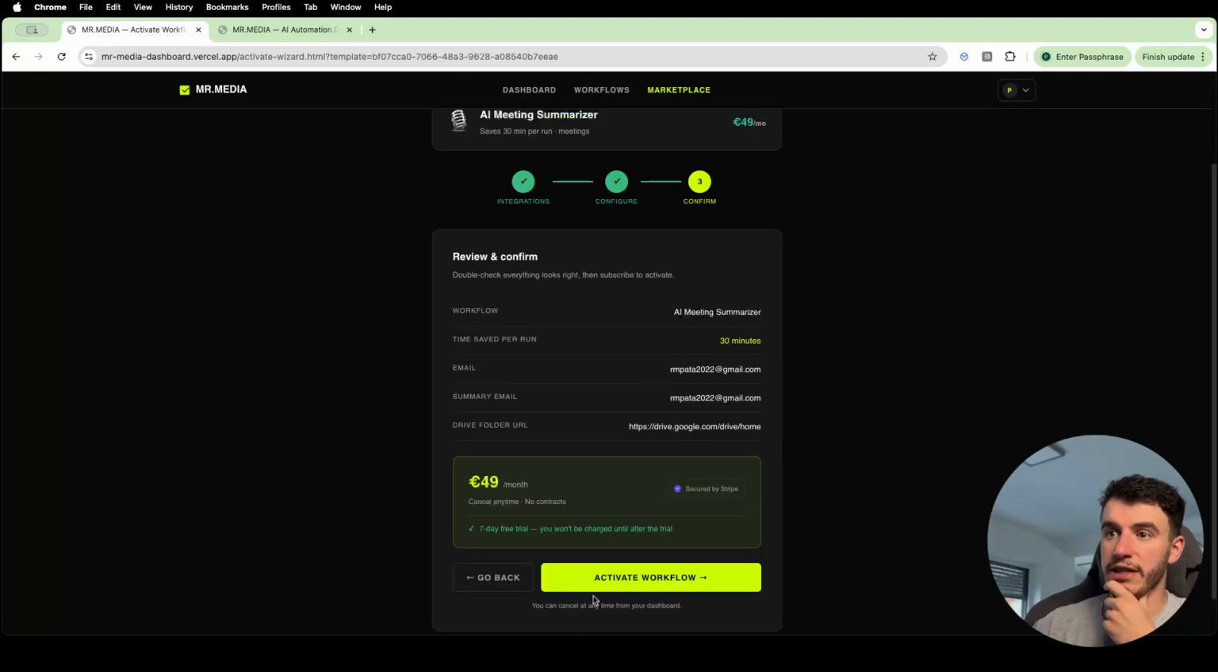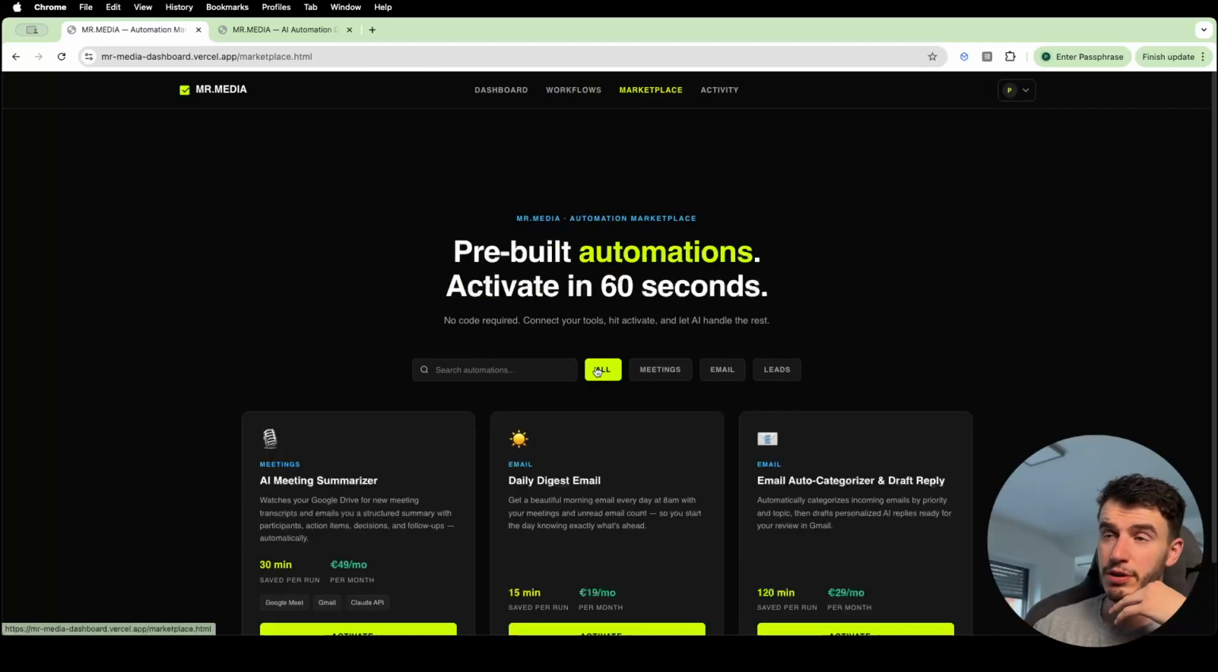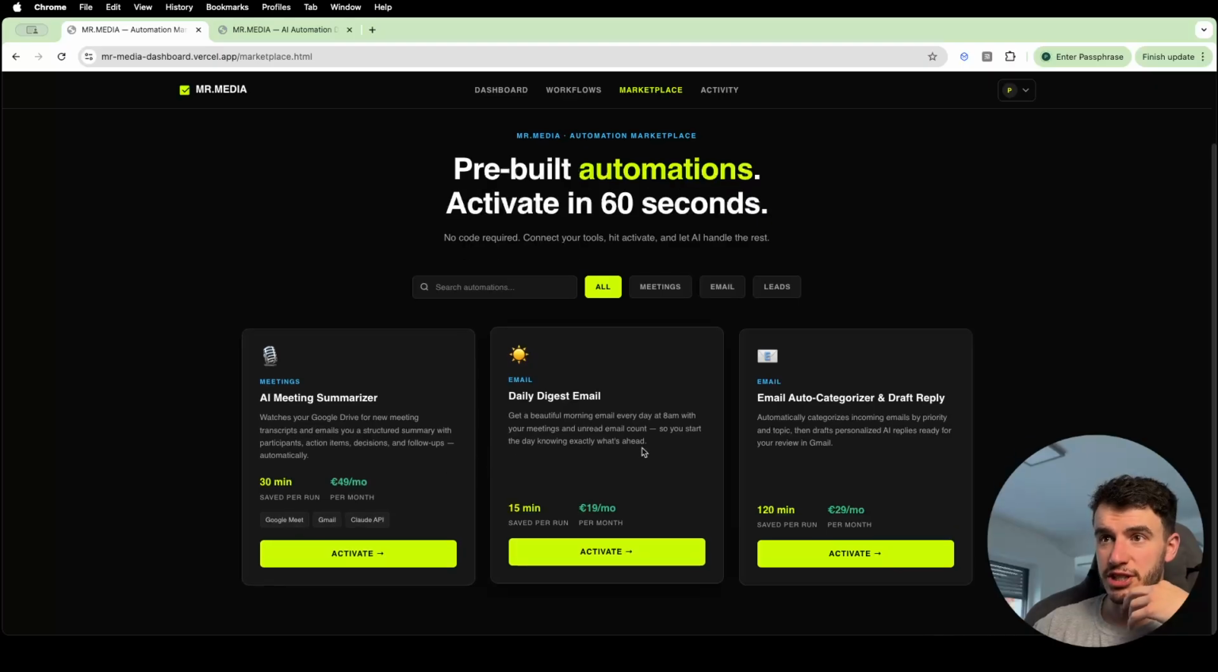So when you click activate workflow, it runs every time. Then you put a transcript in your Google Drive, and it runs in the background, and it does automation for you. Same if I go back to the workflows, on the marketplace, sorry. Same for the daily digest. So this is every 8 a.m. you receive a mail with